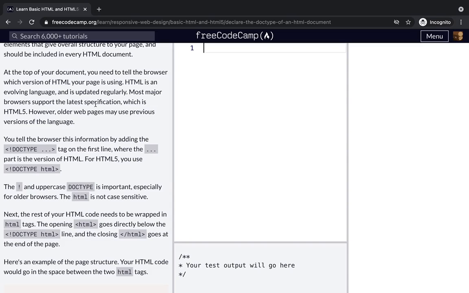Major browsers support the latest specification, which is HTML5. You tell the browser this information by adding a doctype, where the value part is the version of HTML, HTML5. For example, we use